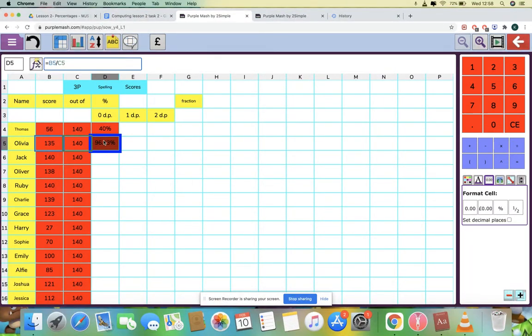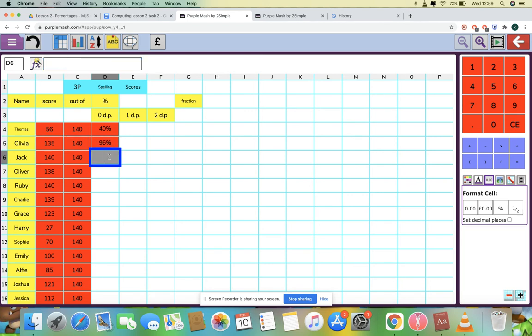So we need to tell this cell that actually we don't want any. So the way we're going to do that is we are going to highlight it, and we're going to come over to our formatting area again, and it has a little tick box here that says set decimal places. Now, if I click on that, it already says it's automatically set to 2. We want 0, so I'm going to replace it with a 0, and Olivia's score has changed to 0 decimal